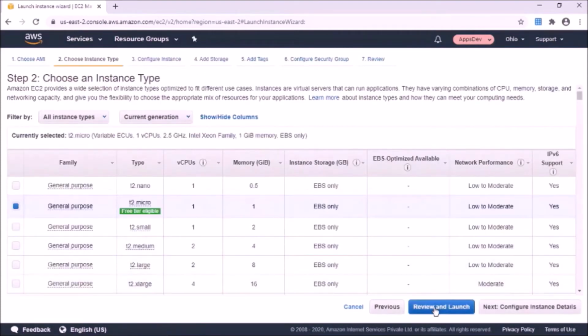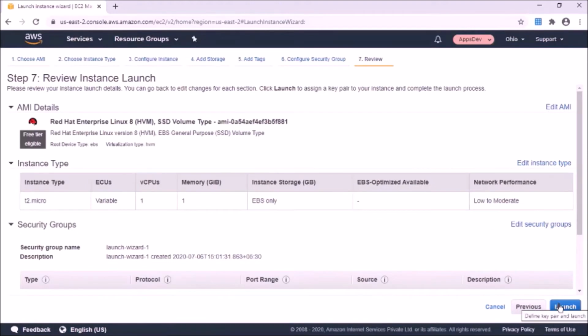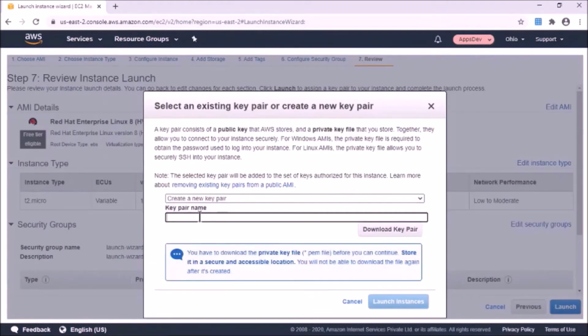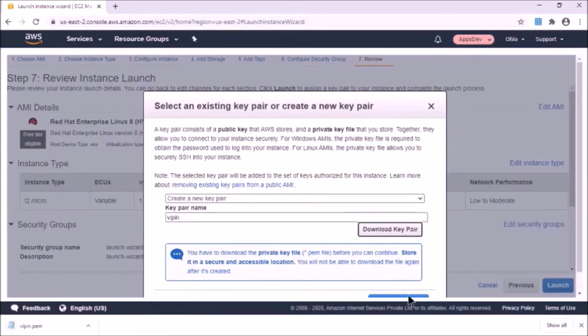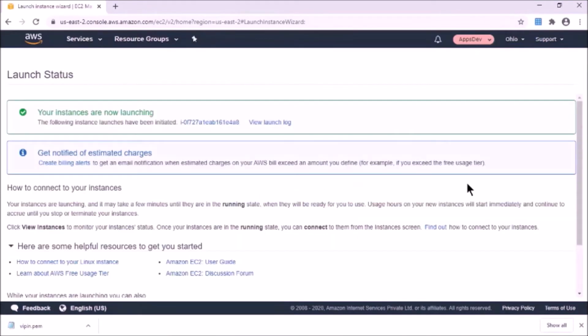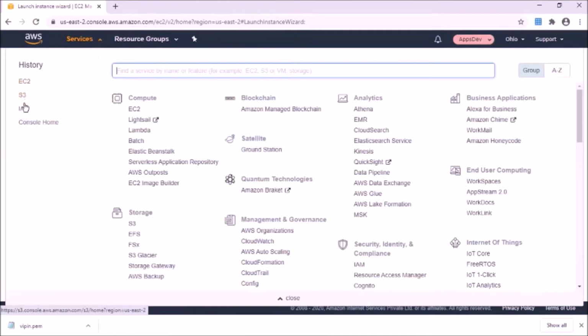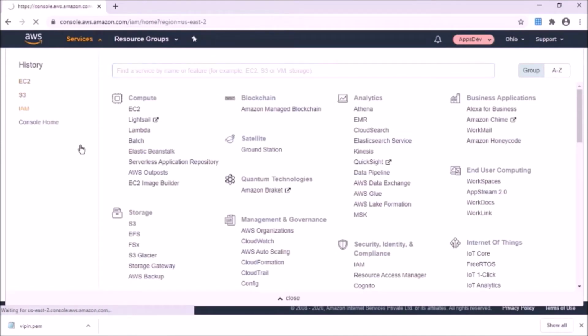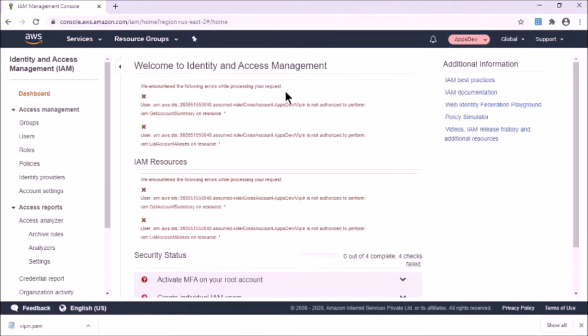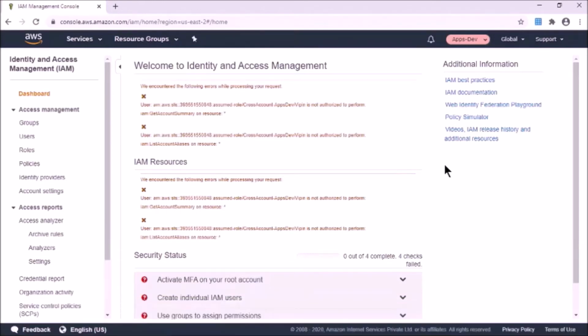So he can create the EC2 instance as well. Right, he has only access to EC2 and S3. Let's try if Vipin is able to access IAM role. He should get the access denied error. You can see on the screen, right? So this works.